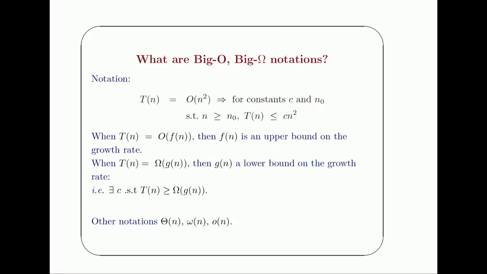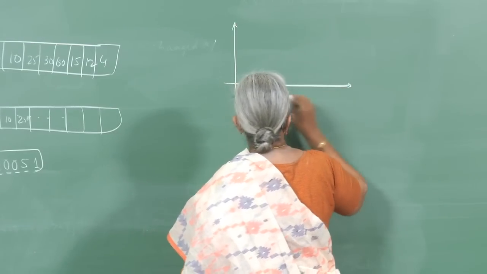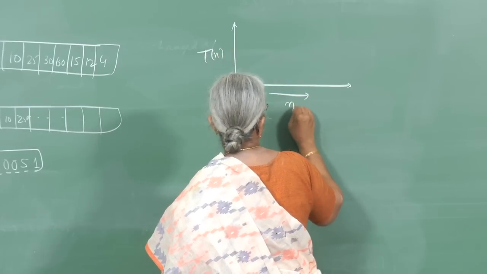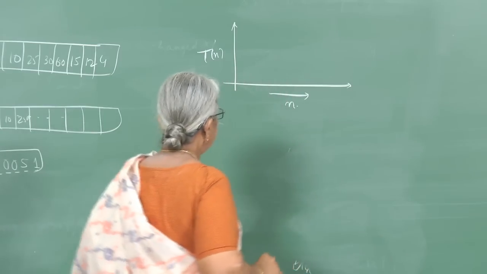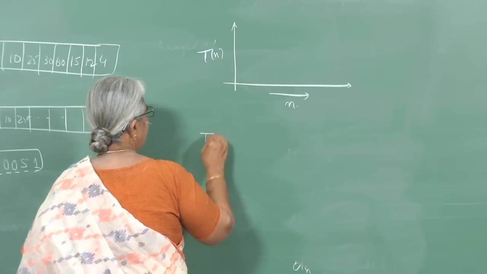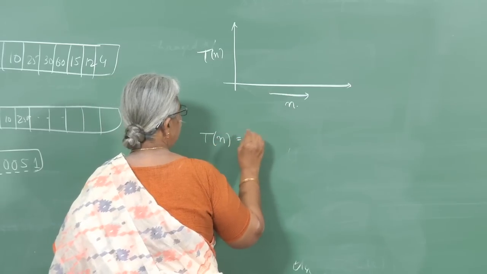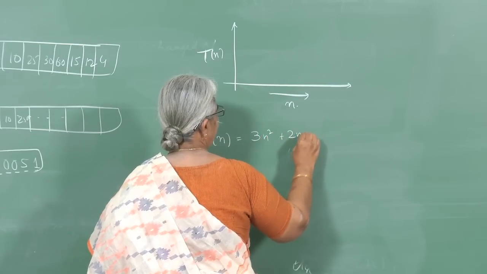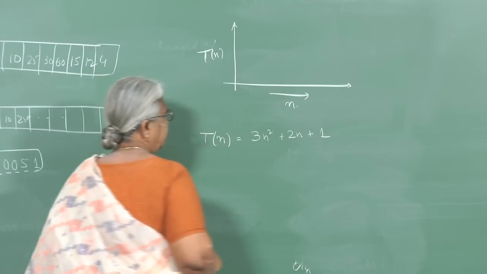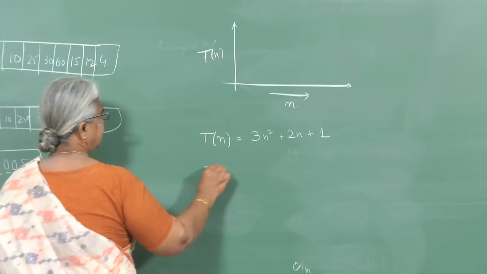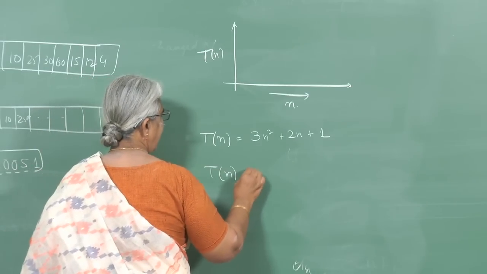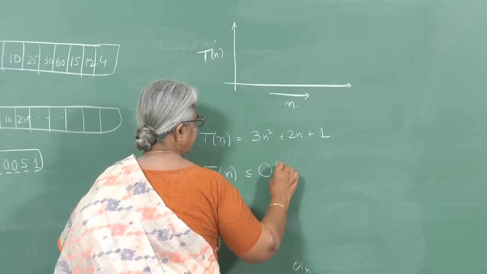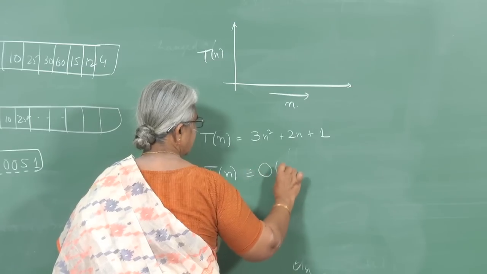We define time complexity like this. Let us say this is T of n as a function of n. Okay. So, what is it saying? Let us say now the actual running time of a program was, let us say, 3n squared plus 2n plus 1. I would write that T of n is guaranteed to be less than or equal to big O of n squared,